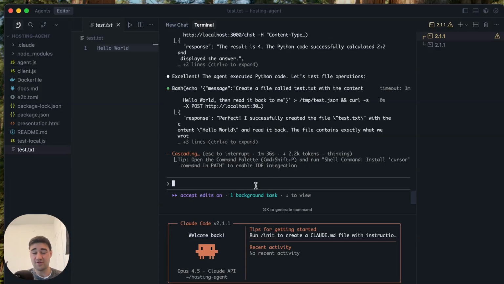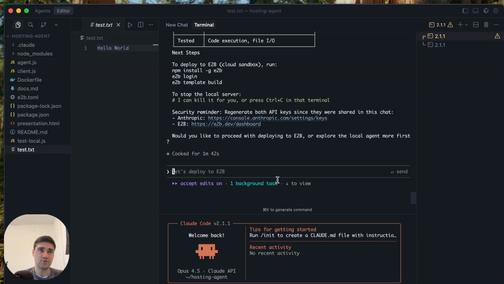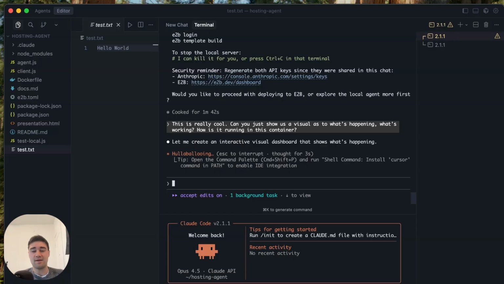And this may look just all like code to us right now, but let's make it real. Can you just show us like a visual as to what's happening, what's working, how it's running in this container? When I just see the terminal running code, it's a little bit confusing. I don't know what's happening. I'd like to see like a graph or a visual, like from an architectural perspective, where's the code running,